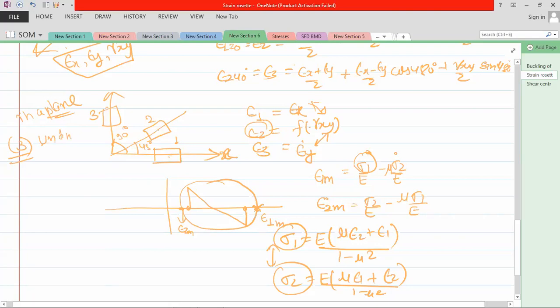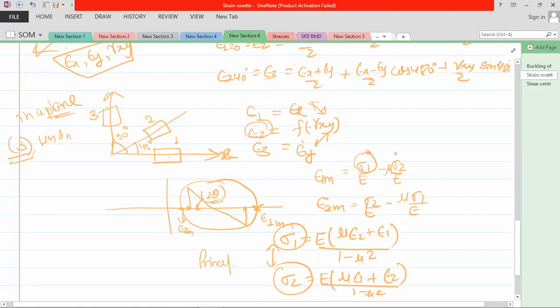normal strains, and then we substitute those values to get epsilon x, epsilon y, gamma xy. Then we draw the Mohr circle. You can get epsilon 1 and epsilon 2, the minimum and maximum principal strains. They are planes. How much angle should we rotate, or we can make the inclinations at any angle theta. It can also ask, at this angle, what are the strains? So from the Mohr circle you can directly get this value, and then you can obtain principal stresses and